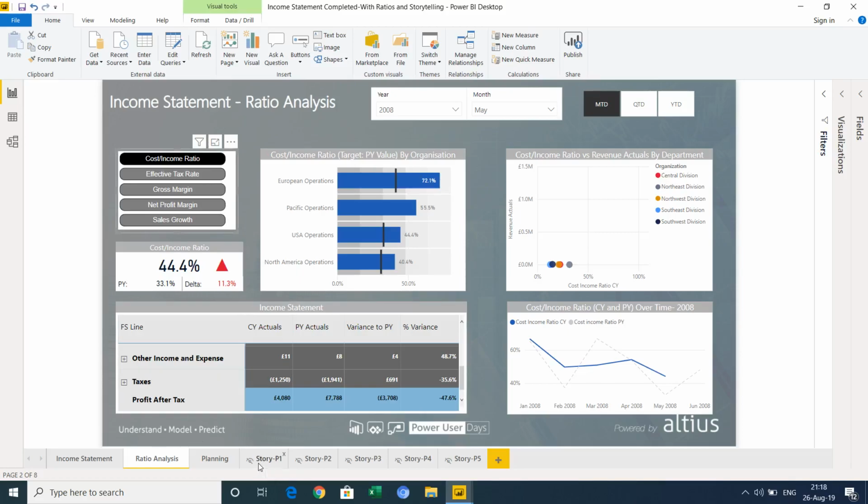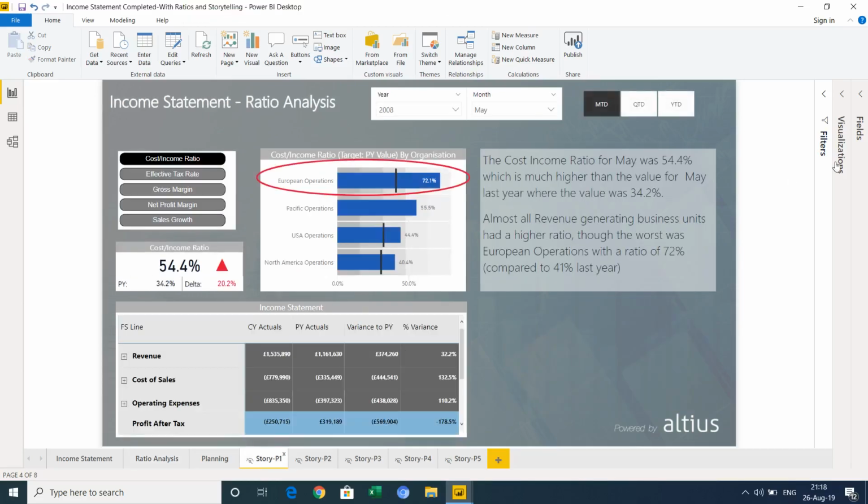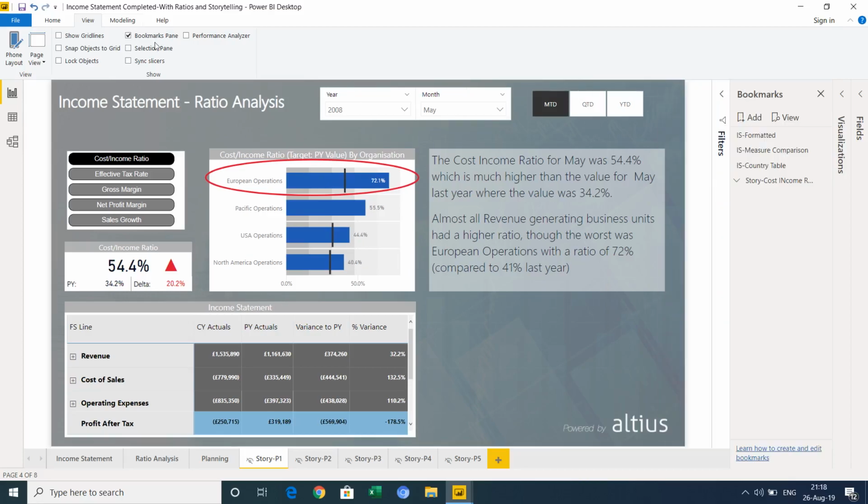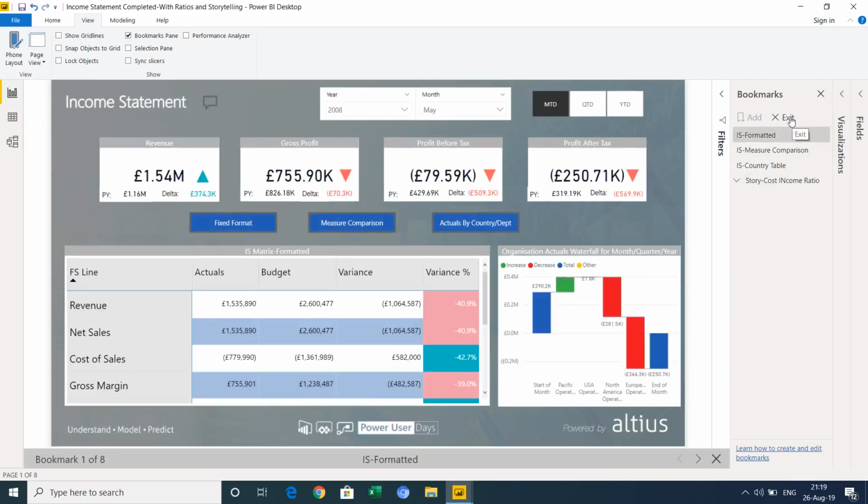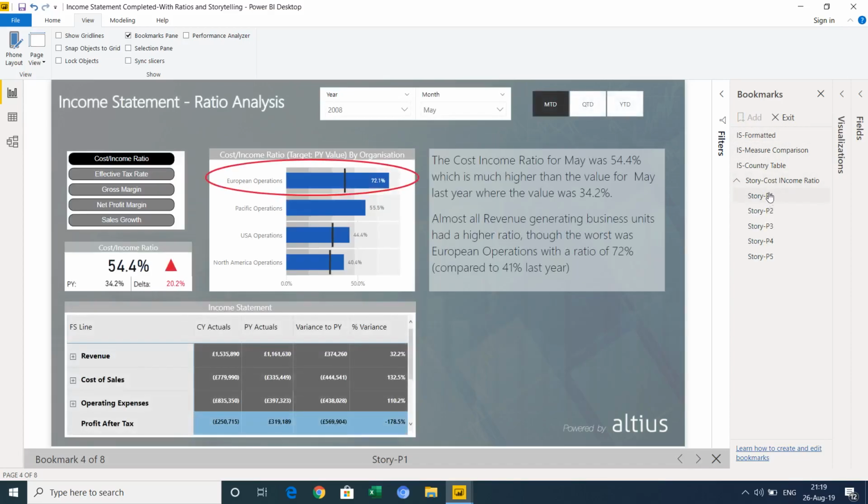What we've also done, though, is then actually say, well, how would we turn this into the children's storybook version? And this is where bookmarks really come into play. Because what we could do is, once we've done this exploratory analysis and we've produced the reports for those analysts, we could build the exec version, which has annotated graphs to really show that story. So we could then start to highlight particular points and say the cost income ratio for this month was much higher.